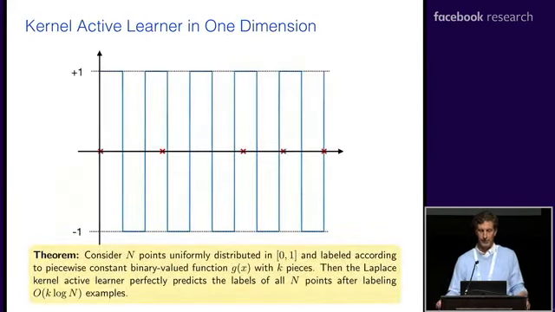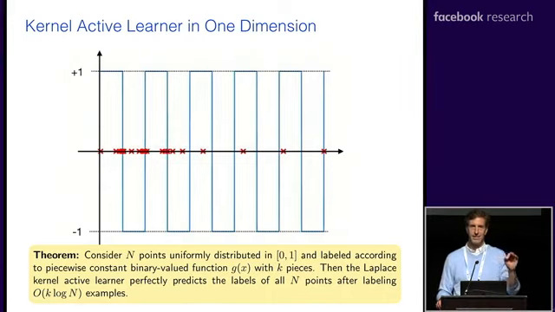And I'll just show you that with this little movie. This is an example where I have a multiple threshold problem in one dimension. It's just a synthetic example. But what happens is this max-min sampling criterion adaptively goes in, locates a decision boundary, then moves on and finds another one. What you can prove is that if I have n points more or less uniformly distributed on the unit interval, and there's a piecewise constant labeling function like the blue thing I'm showing you here, then this kernel active learner will perfectly label all n points after only labeling k log n